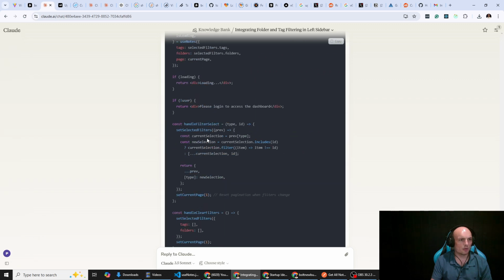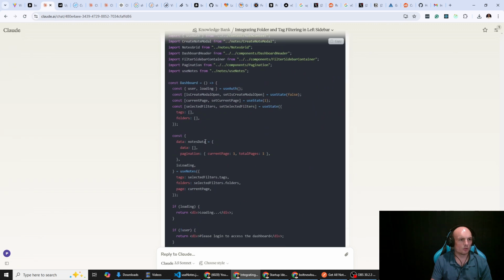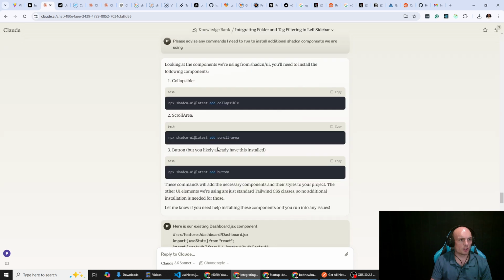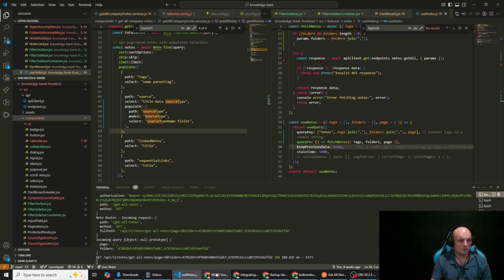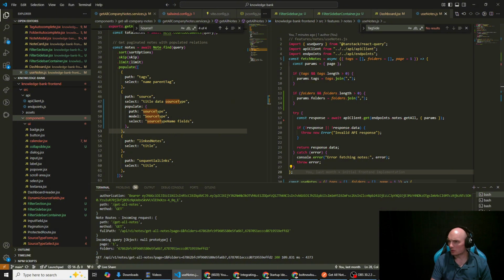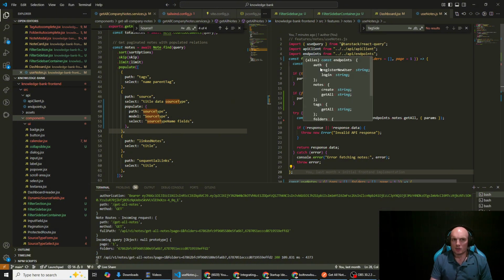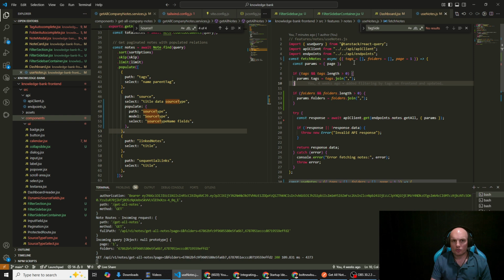Maybe that's an error on my part, so let me just double check the logic. So use notes. Bring this over here because I didn't cut and paste the whole functionality. So fetch notes, tags, folders, page, params page, tags, tag length, params.tag, params folders, folders.join, response, notes.get all, pass in the params, response.data is returned,